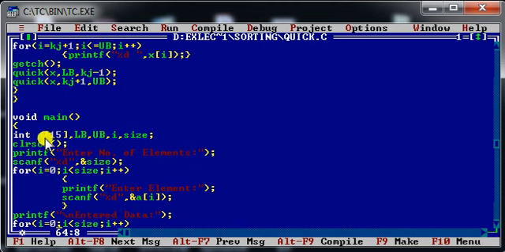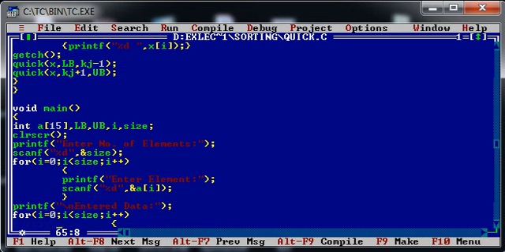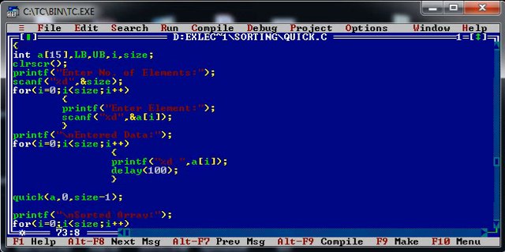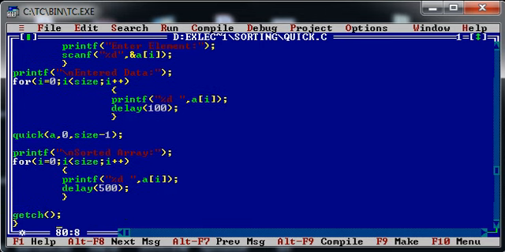Instead of this static array, in this program you can take a pointer also. From the main method we need to call this function only once, because from the main method we are passing an entire array, right? But whenever you process the partitions, at that time you need to call the quick function two times, because inside the quick function we are dividing our entire array into two partitions, that is the left partition and the right partition. That is why we need to call the quick function twice from the definition of the quick function.